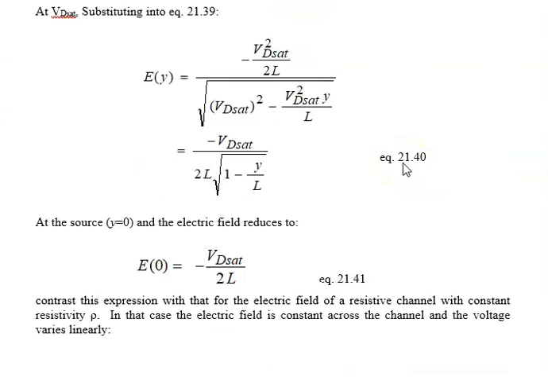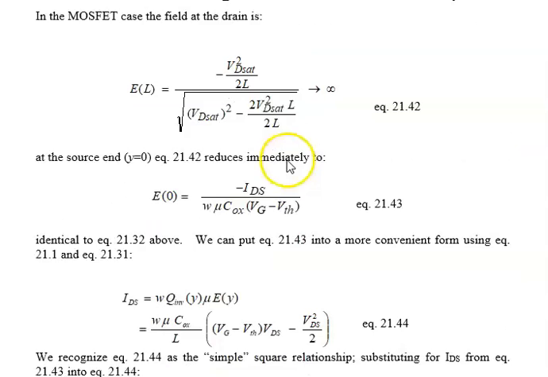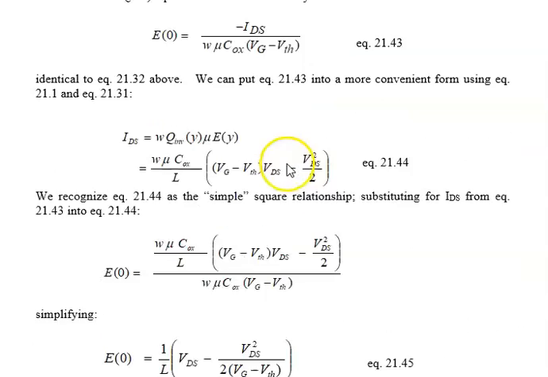And again, just manipulating this thing for y equal to 0, that is what we're doing here, and we get basically the same thing. This is Vd sat, so it's ID over ID sat over Vd sat, and we get basically the same equation that we had above, namely 2132.